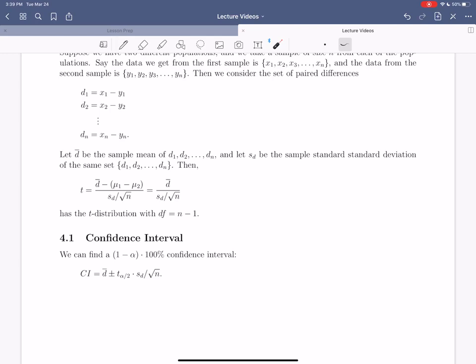That's the entire overview of chapter 10. Again, we're going to study two populations and try to figure out whether those populations have the same mean or not. Okay. All right, next we will do